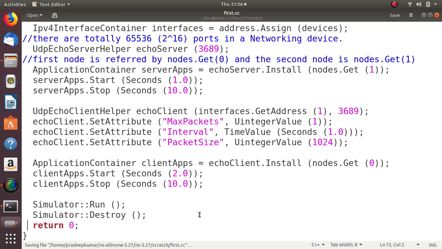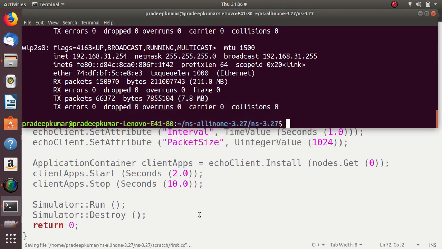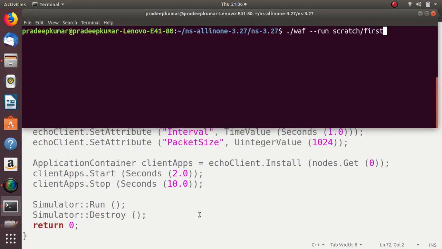Okay, now we'll be adding some more extra code into this network to show you how the network animation works and how the tracing works. All these things we'll be seeing. So before that, I'll run the simulation again. I'll clear the screen and run the simulation again. You can see the command, and I'll write it again,